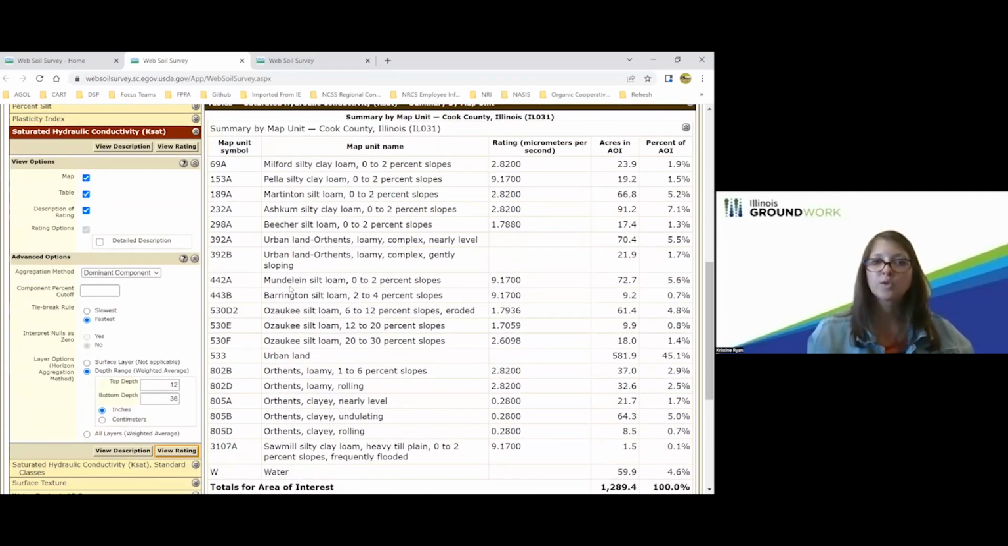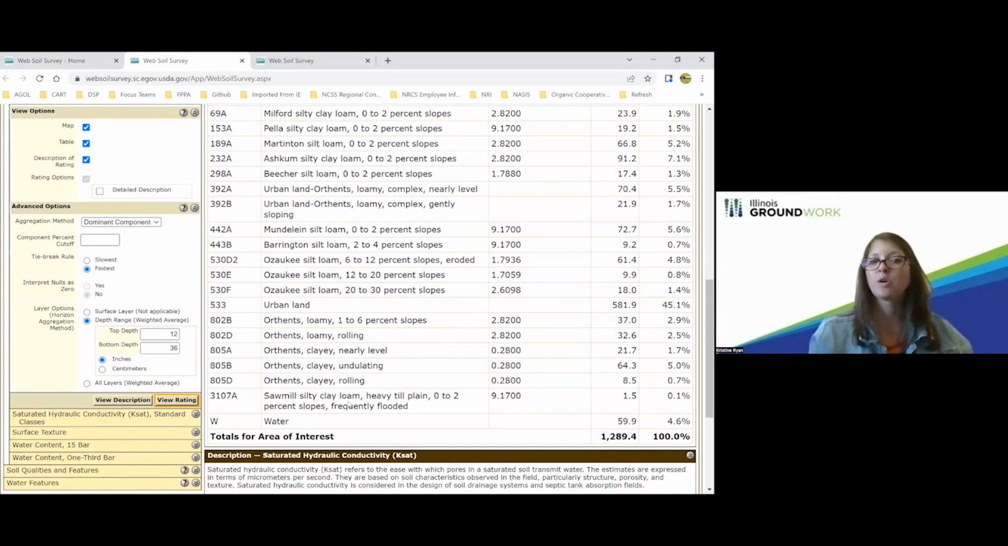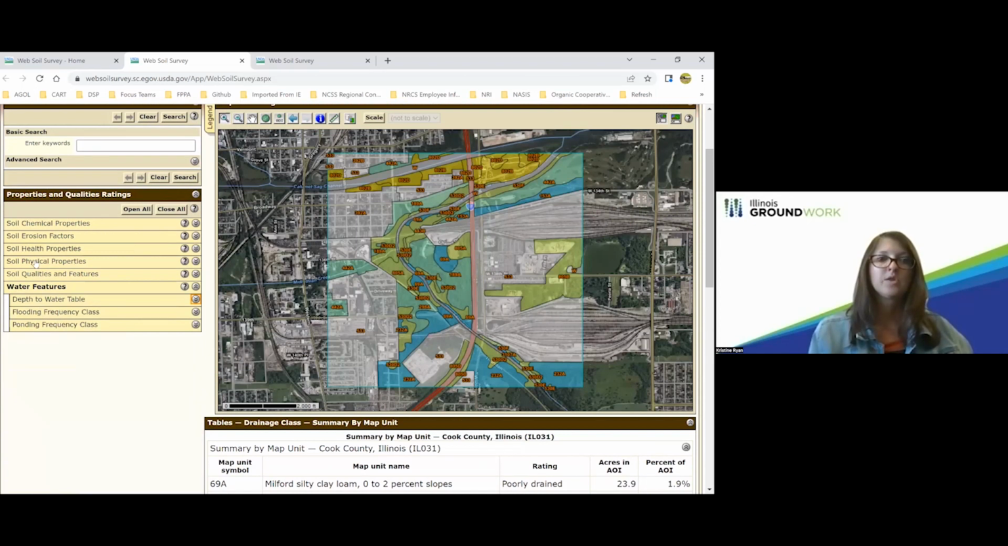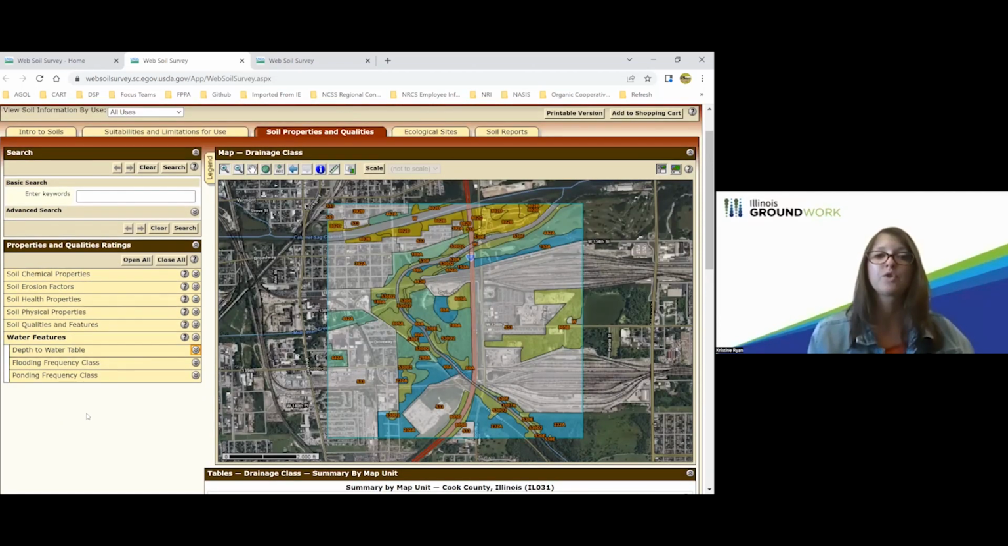Same with these soils, Mundelein and Barrington, and also Sawmill. While Sawmill is a poorly drained soil found on floodplains, the way the parent material and the percentage of sand, silt, and clay lends itself to transmit water easier than some other ones. And so all of these put together will help you determine the appropriate green infrastructure to install on your area